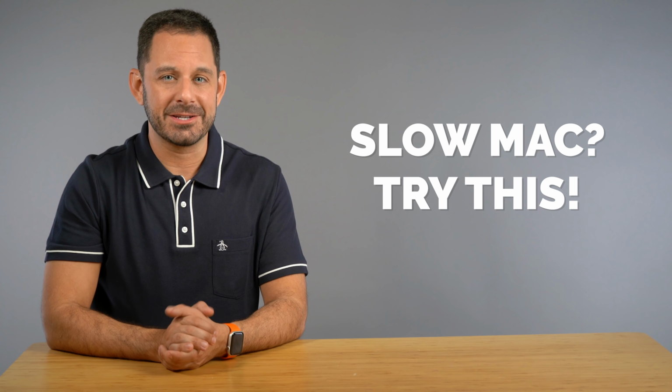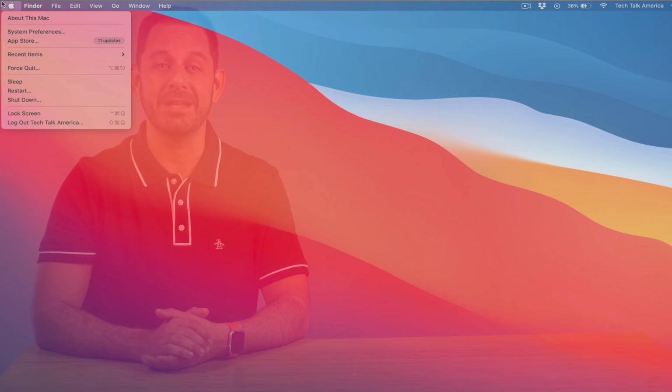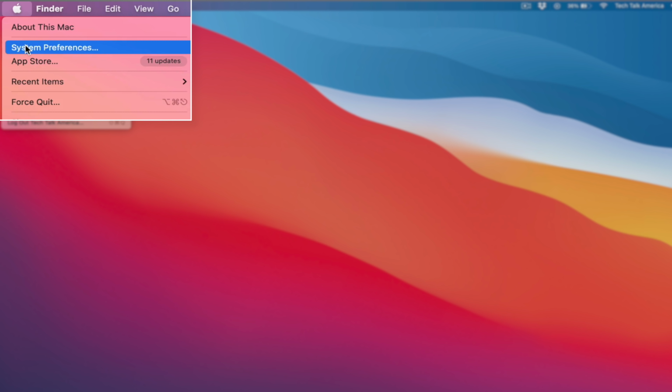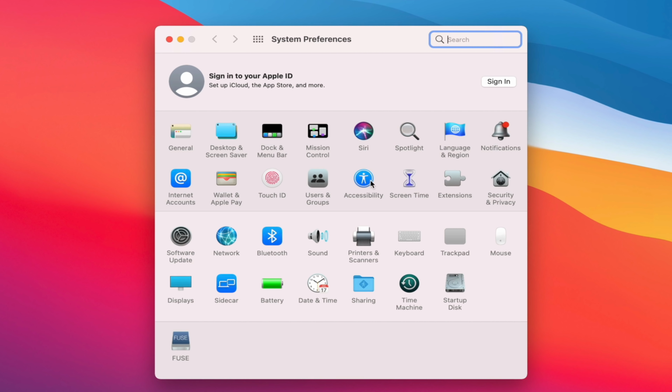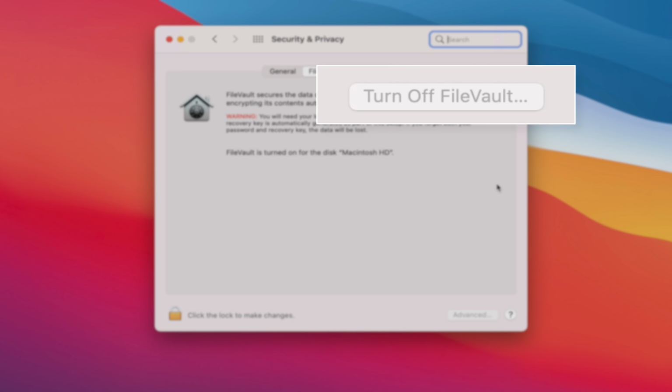If your Mac is running slow, this next one is for you. The final trick that we're going to go over today is a setting that if you accidentally turned on will dramatically slow down every aspect of your Mac. Now, if you're following along at home, let's go to the Apple icon at the top left and go into System Preferences. From here, let's click on Security and Privacy, and finally, let's click on the tab that says File Vault. If this button right here says Turn Off File Vault, then get ready because you are about to love